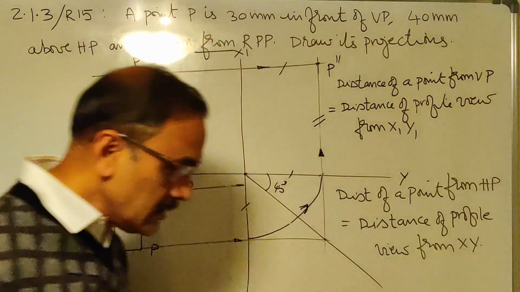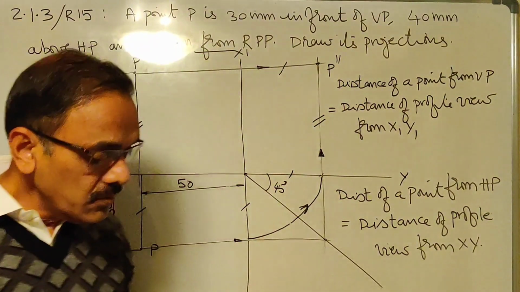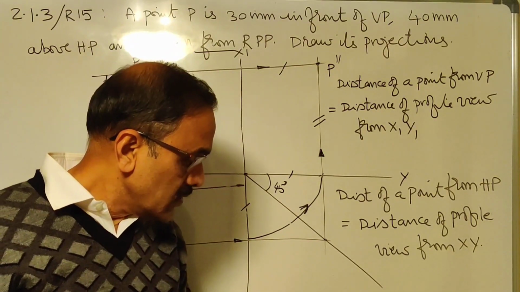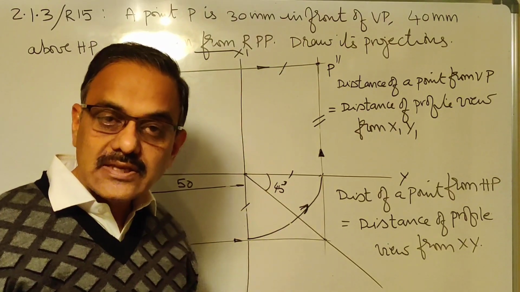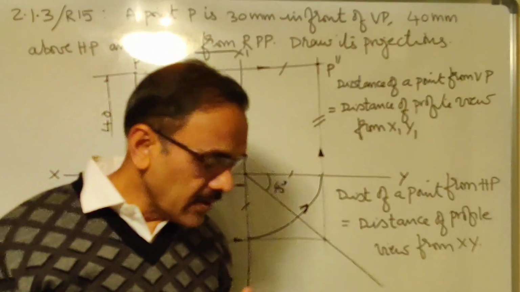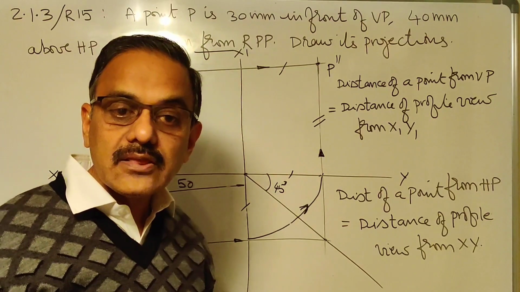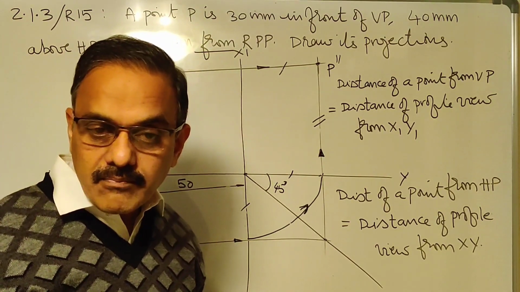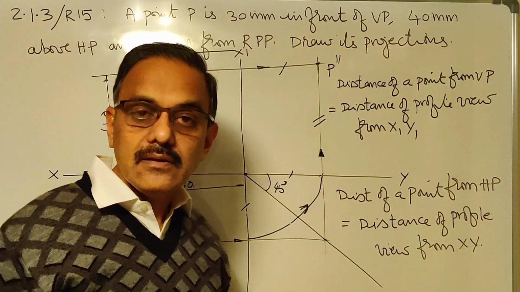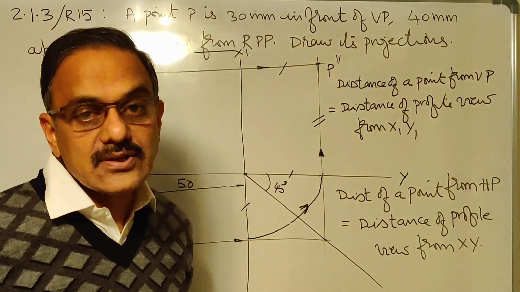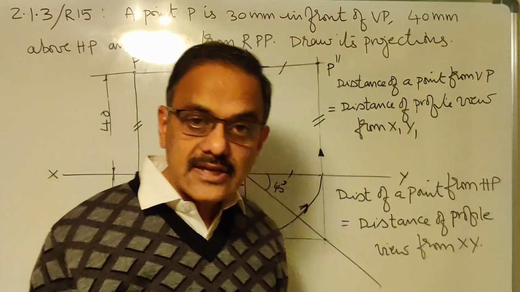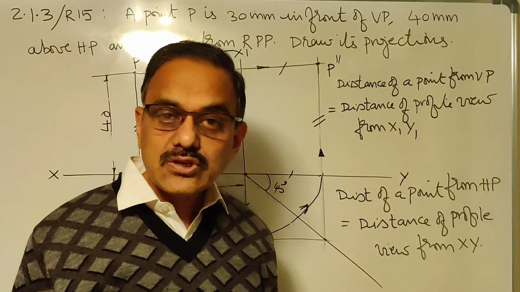So with that we complete drawing number 2. Drawing number 3 is an assignment for you. You are expected to submit these things as assignments. As I already mentioned to you, the sketching part has to be submitted as an assignment. Once the Google Classroom is formed, we will let you know. You will be uploading your assignments to the Google Classroom. So that finishes this video, students. I will come back with the next video, that is projection of straight lines.